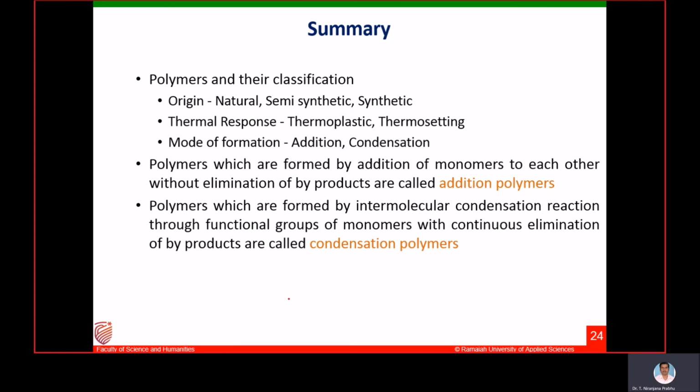I also discussed the mechanism of free radical addition polymerization, taking the example of styrene and another example of ethylene. So we have discussed these two free radical mechanisms. With this, I'll end this session. We will meet in the